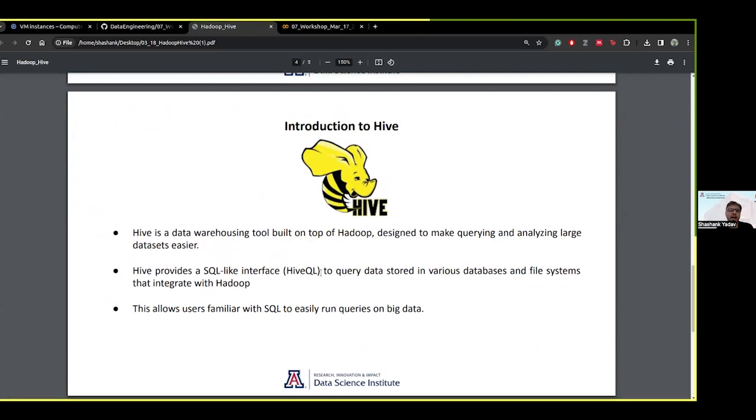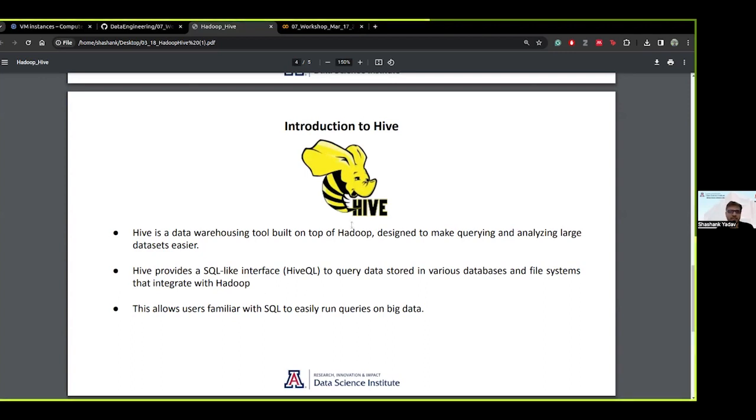You can still use Hive, which will translate your SQL queries to Hadoop code and run them and then get the results back. And the benefit of this approach is that users or clients, even if they have very basic knowledge of SQL that we see today in the tutorial, can easily run queries